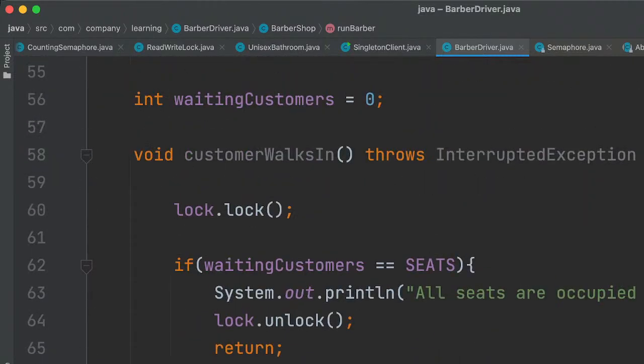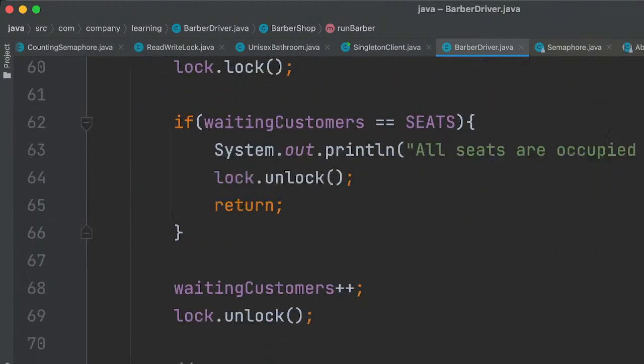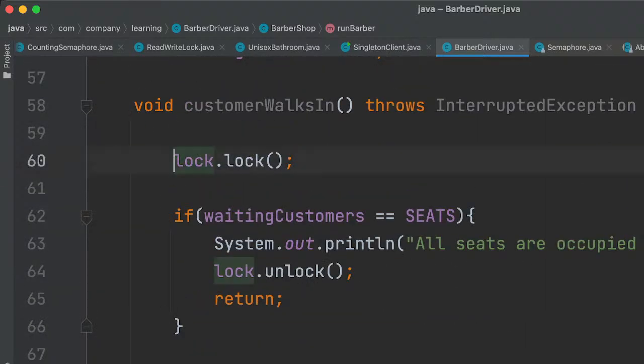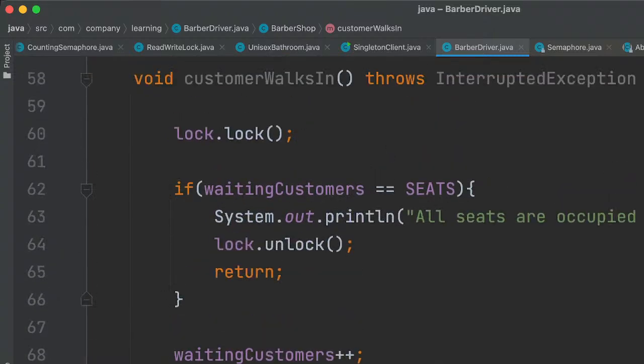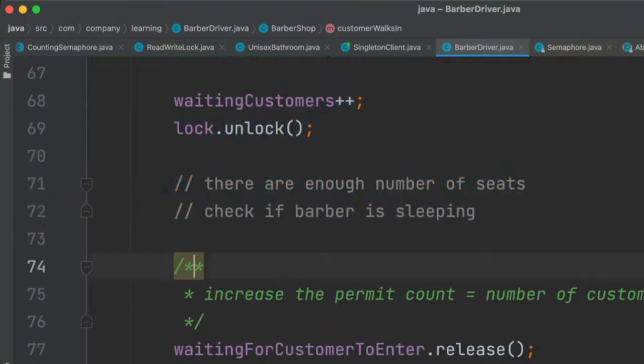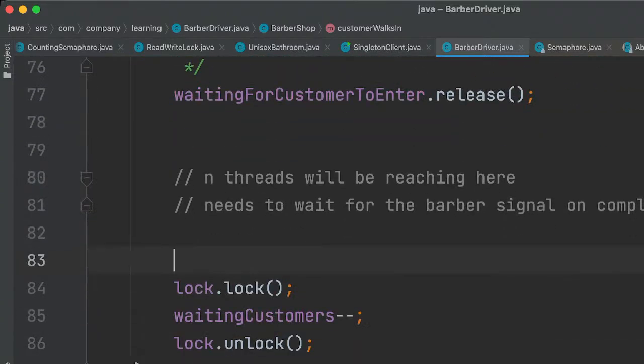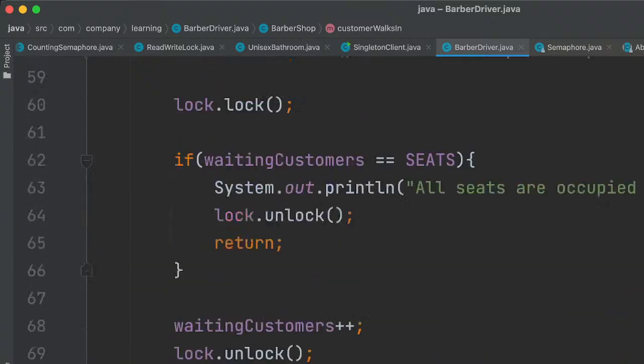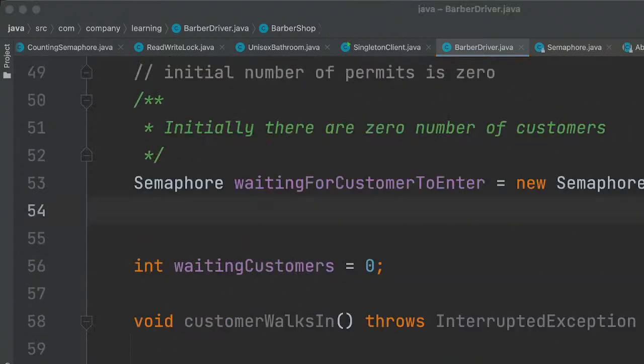So what we can do is, let's say three threads come to this point, and they all need to wait, right? They all need to wait. So we need a mechanism to simulate this behavior.